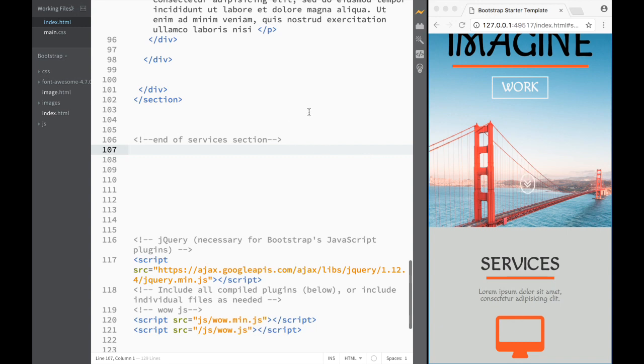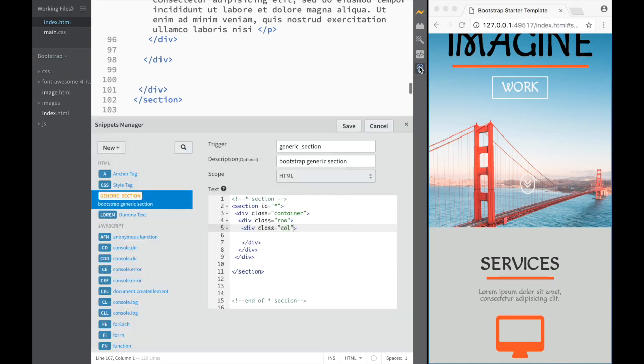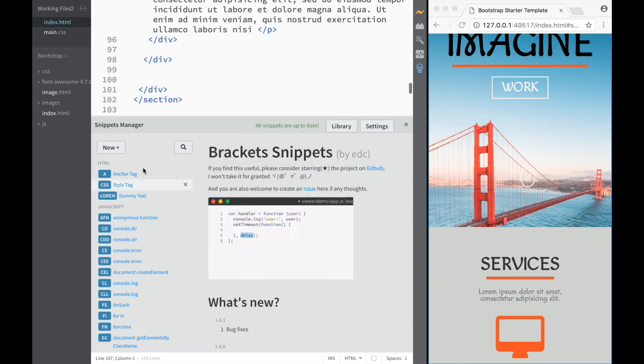Now, another thing that I would want to show you is how we can actually use these Brackets snippets to our advantage. Remember that with these Brackets snippets, we created this lorem dummy text over here. And you can see I've already created this generic section, which I'm about to show you. So what I'm going to do is just delete it so we can start from